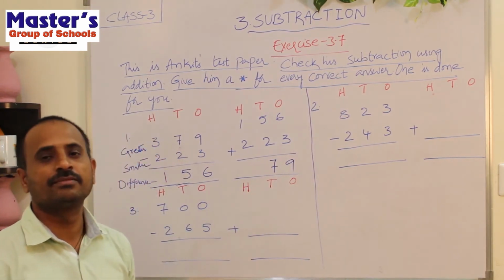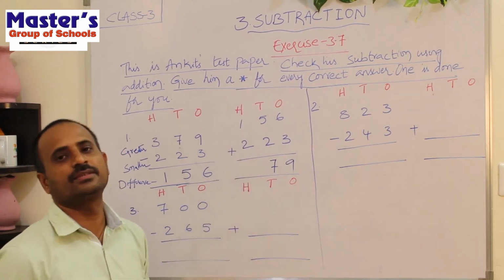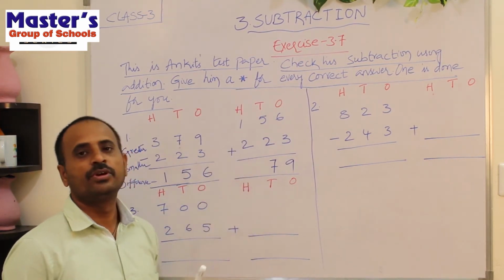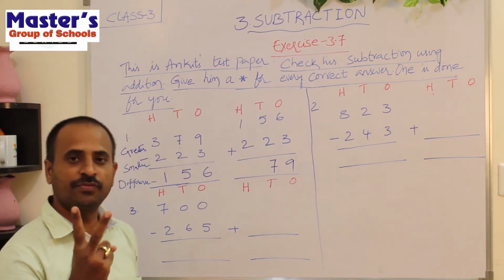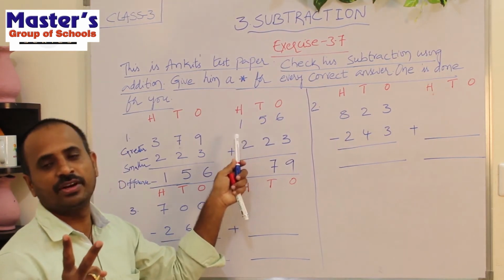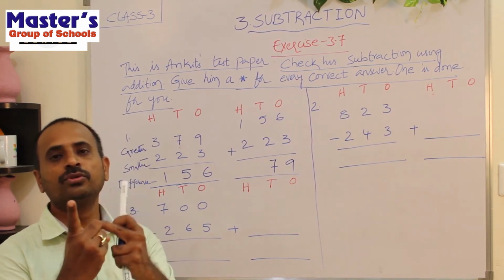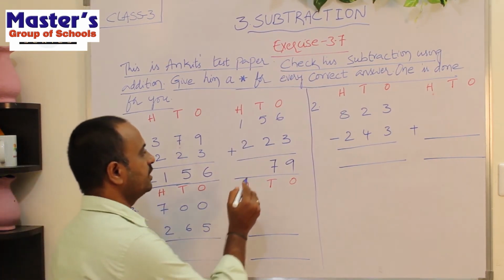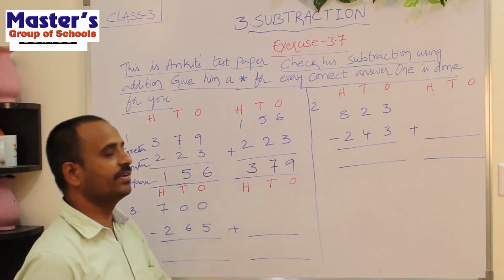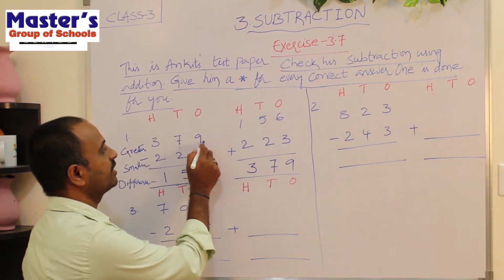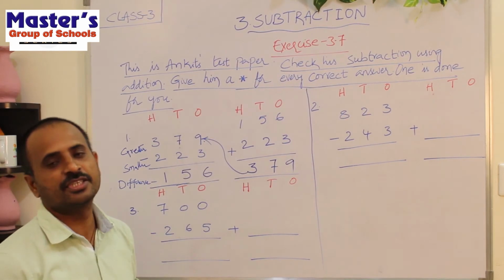Next go to hundreds place. So what are the digits present in hundreds place? 1 and 2 are present in hundreds place. So what is the second digit? 2. Open 2 fingers of your hand. 1, 2. And start counting from the first digit. What is the first digit here? 1. So after 1 we will get 2. So start counting from 2. That is 2 and 3. So write the answer 3. So children, what number have we got? We have got 379. That is the greater number in the subtraction.